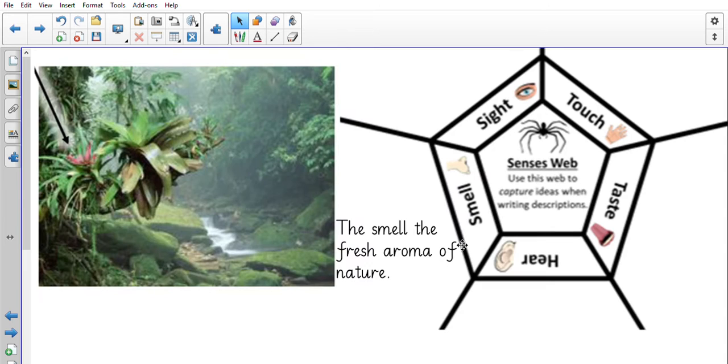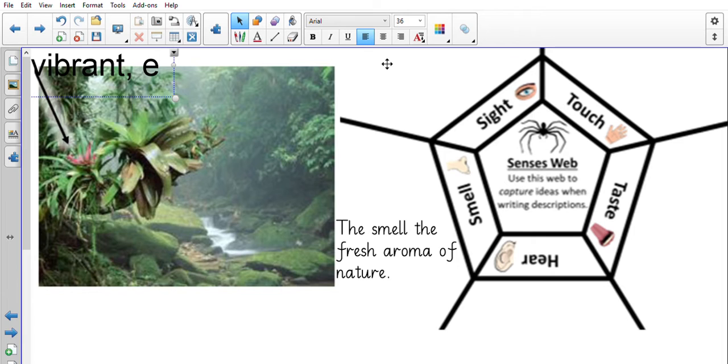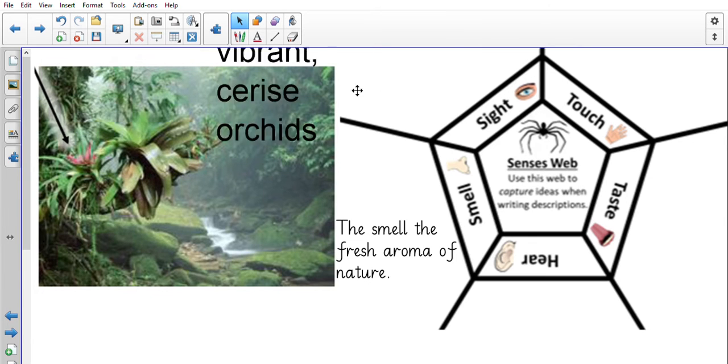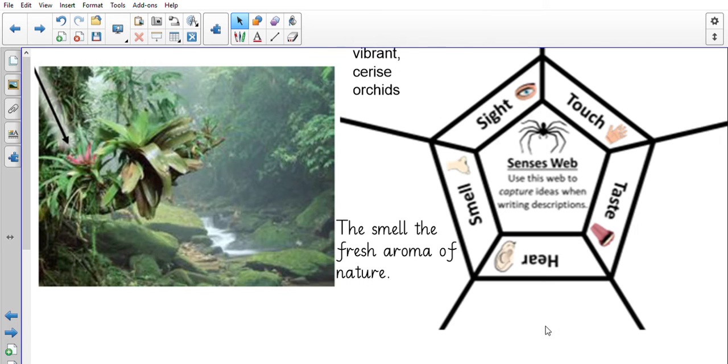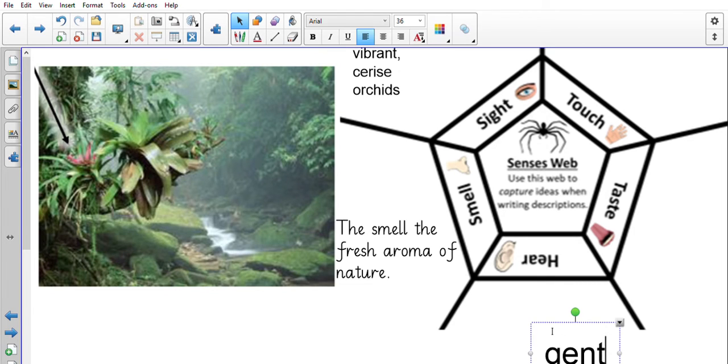Okay, your next task is to develop some more words or phrases using your 5 senses, and this is going to really help you for your setting description. So you can use the ones that you looked at before. So my vibrant cerise orchids could go in sight. Let's make that smaller. So that could go in my sight there. My gently flowing river could go in here. So gently flowing river